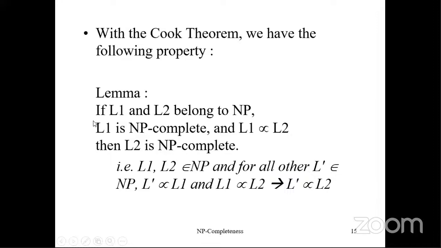If L1 and L2 belong to NP, L1 is NP complete, and L1 is transformed to L2, then L2 is NP complete. We say L1 is NP complete. However, if this transformation exists, then L2 will also be NP complete, because L1 has been transformed to L2. Therefore,